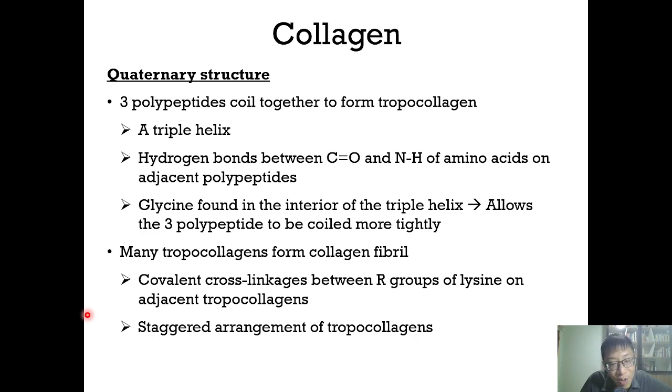Okay, so again, this is very special. Such cross linkages are not found in other proteins, right? Because the only covalent bond between R groups for a normal protein is the disulfide bond formed between cysteines, right? But here we have these special covalent bonds formed between lysines via the R groups of adjacent tropocollagens. So when the tropocollagens come together to form the collagen fibril, right, they are arranged in a